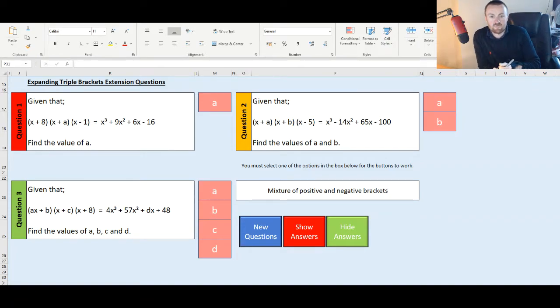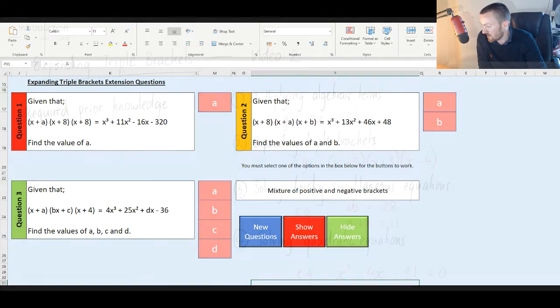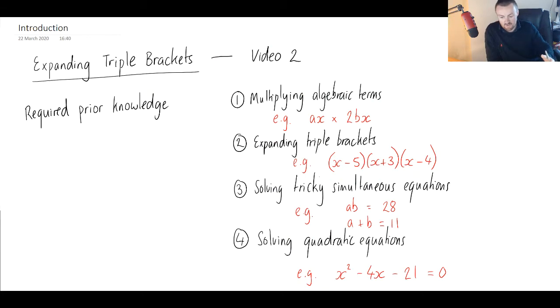Hello, so this is video 2 on expanding triple brackets, and I wanted to have a look at some more complicated GCSE kind of questions. I've got another question generator here, which I'll come back to later. I'll go through how to use that. But to start with, this is video 2, in order to do these more tricky exam questions,